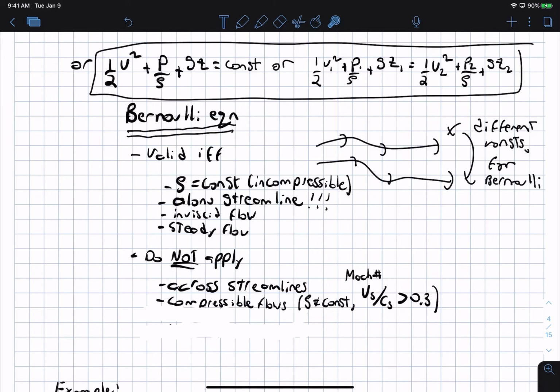assumption, because for a compressible flow, you could think of, say, if your fluid element was air, as the pressure is changing as we follow the streamline, if the pressure is higher here than it is over here, the density of the air is going to be higher here than it is over here. And that at the very least violates the constant density